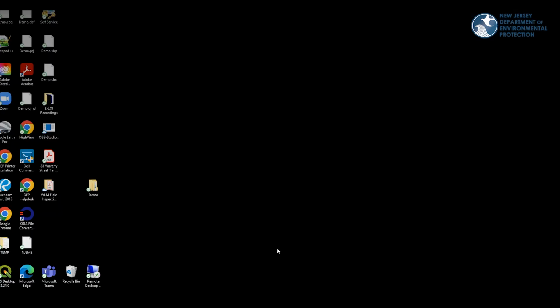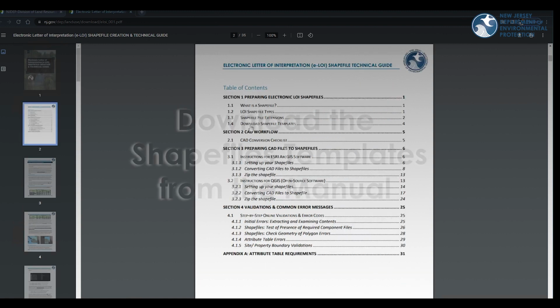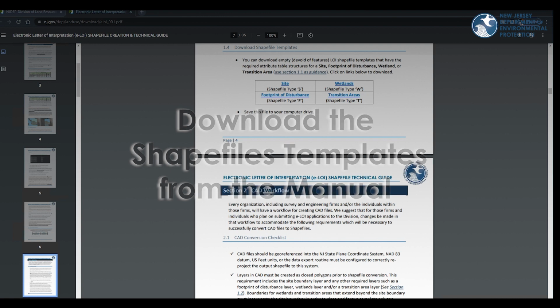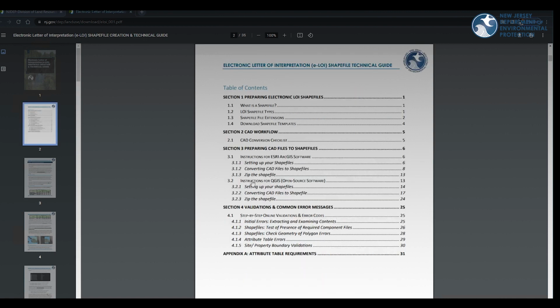As we begin to use QGIS, make sure you download the latest version of QGIS Desktop and download the templates for the shapefiles that are available in section 1.4. Always check the latest version of the manual to find the most up-to-date sections. For QGIS,